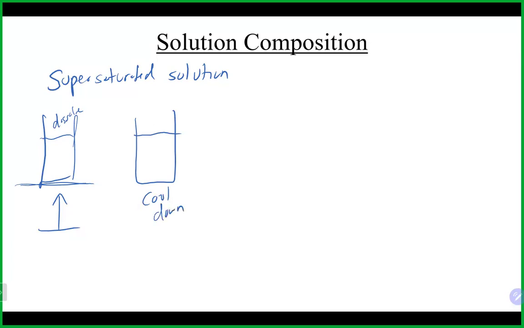And what happens is as it cools back down, the solubility of that solution changes. As you were heating it, the solubility was really high for whatever you're dissolving. But as it cools back down, the solubility changes. The problem is at this point, you've already dissolved all your solid in there, and it is a liquid, but it's a very unstable liquid because of that. And it's so unstable, as you probably saw in that demonstration, if you just took one little piece, you could barely see it, of whatever you dissolved in there, solid, and you drop it into the solution,